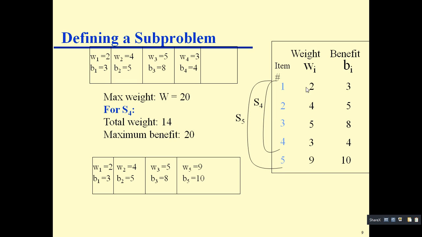So now if we are putting these items, item 1, item 2, item 3 and item 5, the values we will be getting are 3 plus 5, 8 plus 8, 16 plus 10, it is 26. So clearly you can mark that if you go for this selection, the benefit or value we are getting is 20, but if we go for this second selection, items 1, 2, 3 and 5, we are getting the maximum benefit of 26. So this is our optimal solution, right. But how to do this using the dynamic programming concept?